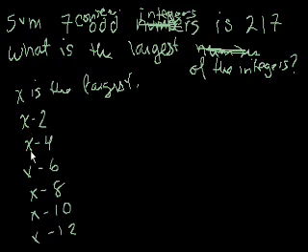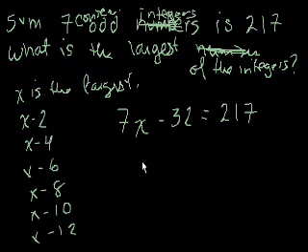I think that's it. 1, 2, 3, 4, 5, 6, 7, right? Those are 7 numbers. They're separated by 2. x is the largest of them. And we can assume that they're odd because apparently the problem will work out so that they're odd. So what is the sum of these 7 numbers? Well, the 7 x's just add up to 7x. And then let's see, 2 and 4 is 6, 6 is 12, 12 and 8 is 20, 20 and 10 is 30, 30 and 12 is 32. So 7x minus 32 is equal to